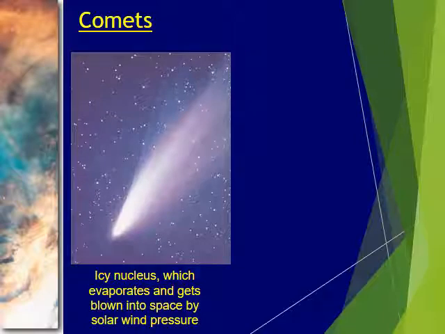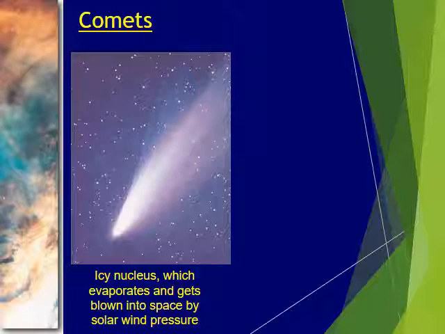Okay, so we've discussed where asteroids, for the most part, are located: between Mars and Jupiter. The comets, and again, we're going to talk more about this when we get to chapter 12. So next module, we're going to talk more about asteroids and comets. But suffice it to say that comets are made of ice, primarily, and their source region is actually beyond Neptune. So whereas the asteroids are for the most part between Mars and Jupiter, kind of within the solar system, comets actually come from farther out, beyond Neptune. In fact, there's an area called the Kuiper Belt beyond Neptune that some comets come from, and there's another area called the Oort